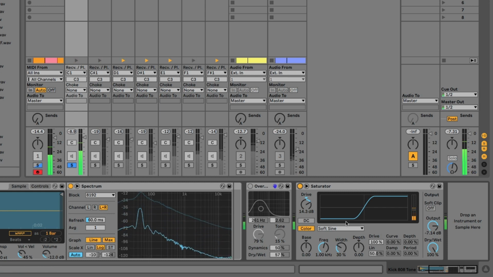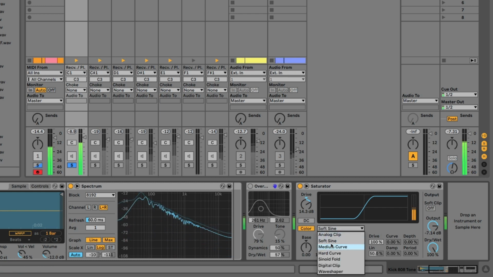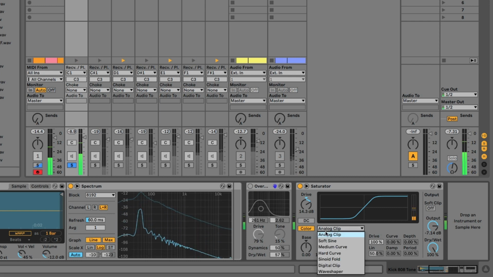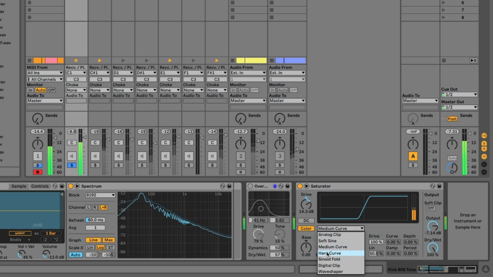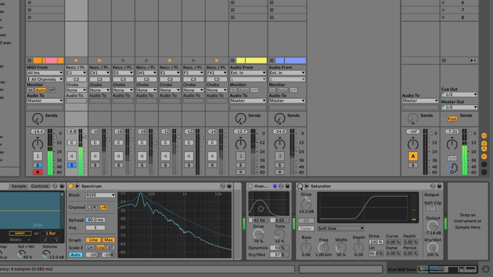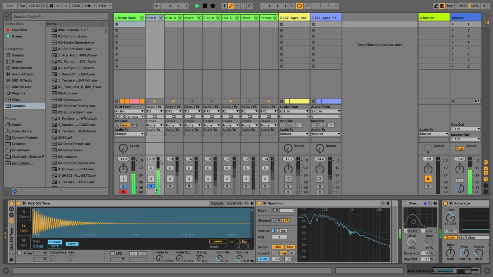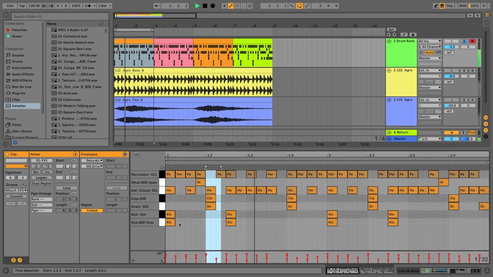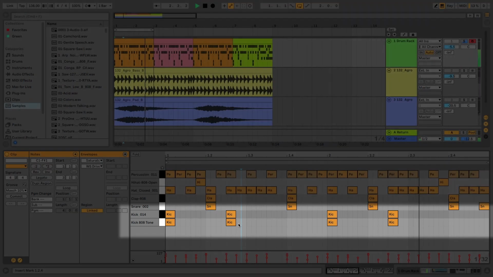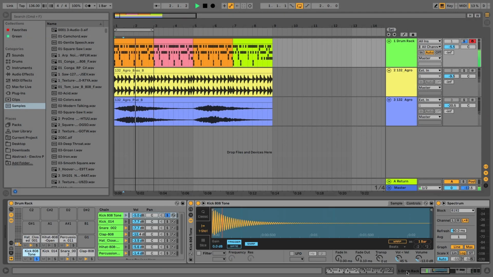So with that set up, I experimented with some of the different distortion algorithms we have on offer, ranging from more subtle vibes to more extreme destructive distortions. The soft sine I thought was a nice compromise. The programming for our bass drum is very simple. Just 2 kick drums every bar, and then I added in